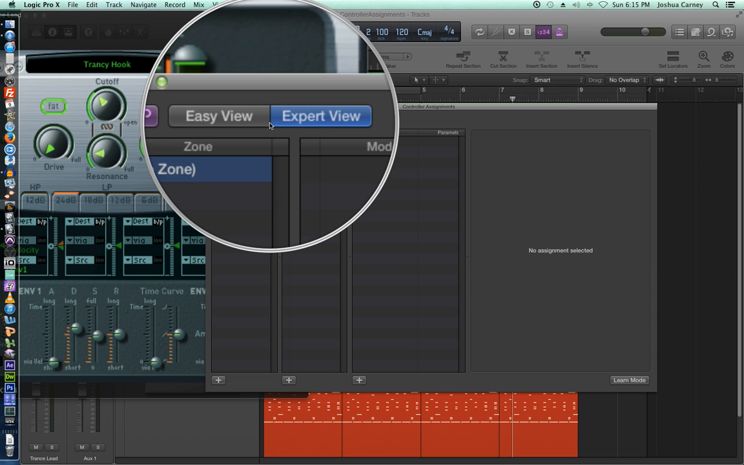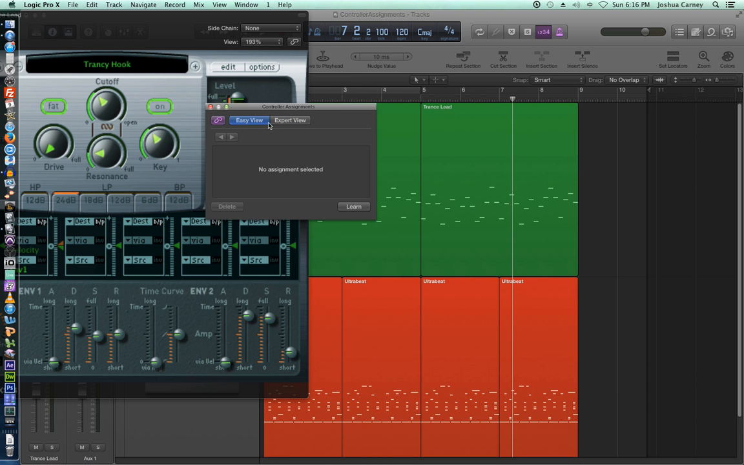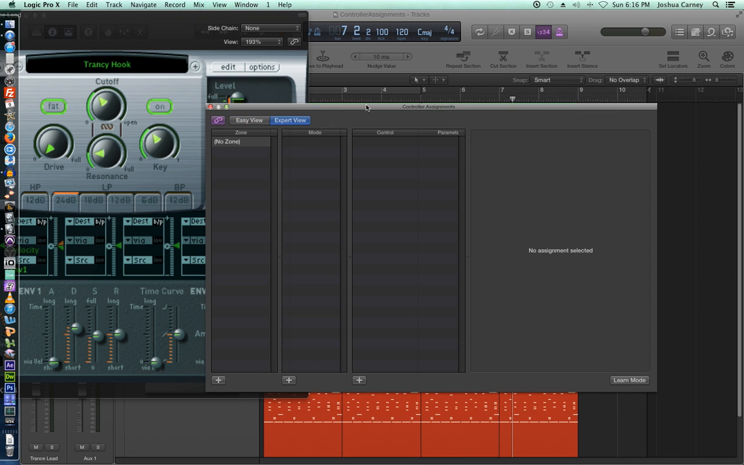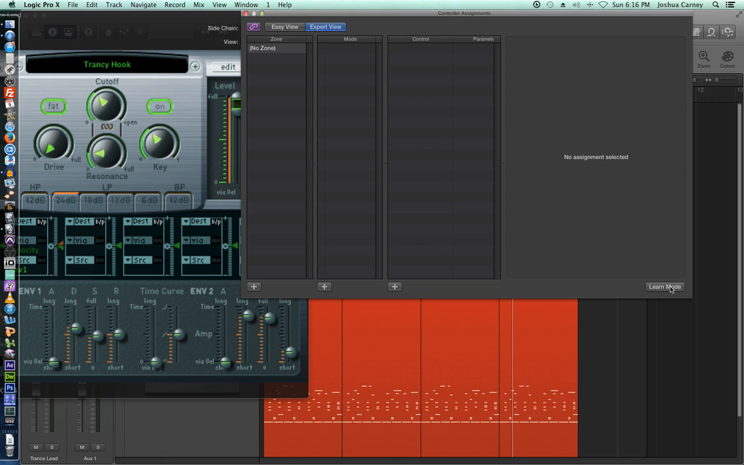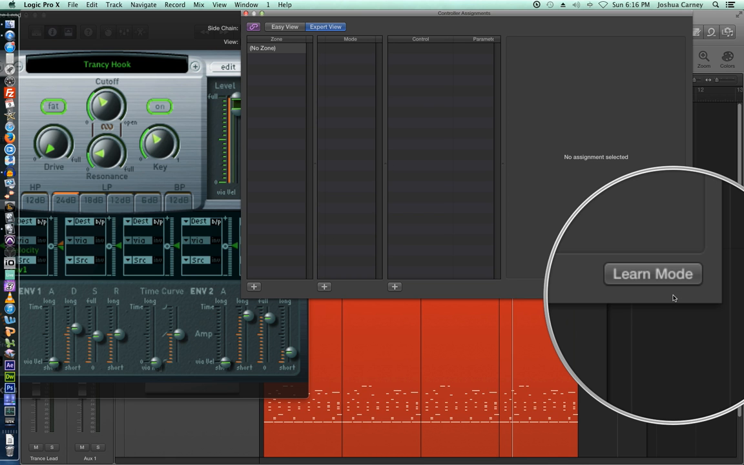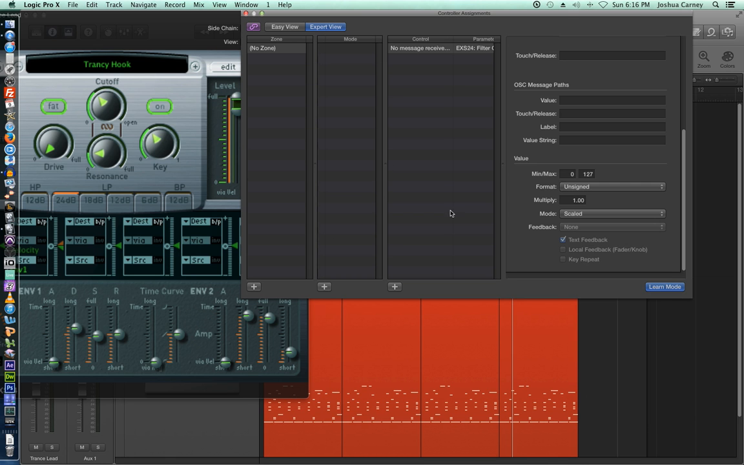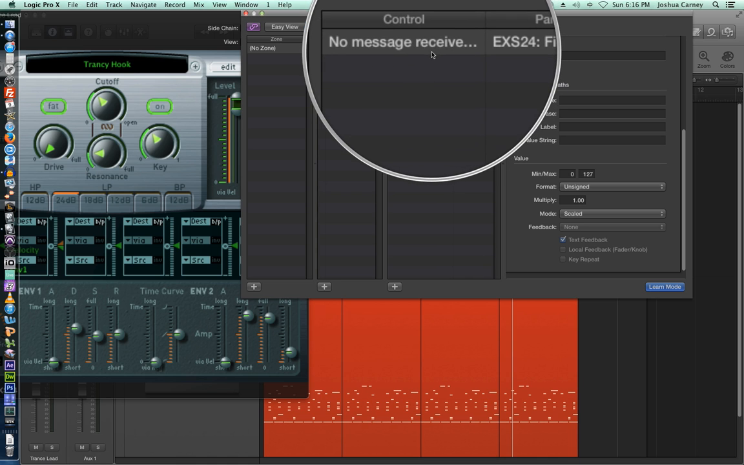There are basically two views: an easy view and an expert view. I always use the expert view. I've never used the easy view, so I'm just going to use the expert view. There's a button down here that says Learn Mode. You click on that, and it says no message received. It's waiting for